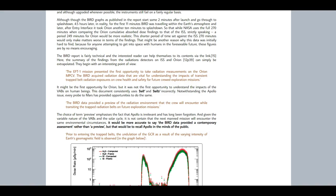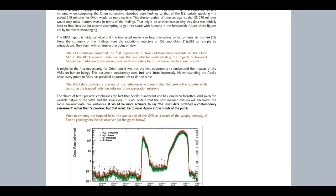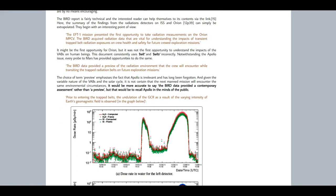That might be another reason why this data was initially hard to find, because for anyone attempting to get into space with humans in the foreseeable future, these figures are by no means encouraging. The Bird report is fairly technical and an interested reader can help themselves to it via the link. Here the summary of the findings from the radiation detectors on ISS and Orion can simply be